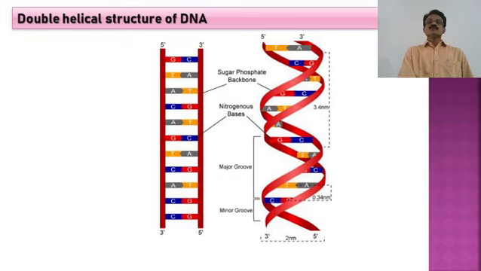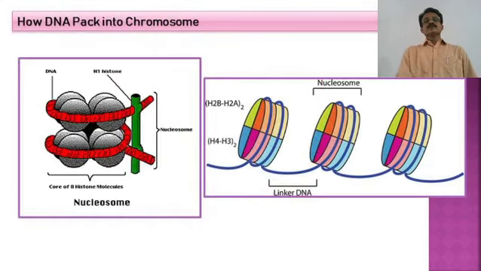It also shows certain minor grooves and major grooves which help the histone proteins to get attached and form the coil structure. So here is the nucleosome, which is the first coil structure. The nucleosome core is made up of histone proteins, 8 subunits, 2 of each, that is H2A, H2B, H3 and H4. It forms an octamer. This octamer gets wrapped around by the DNA, and on the outer side another histone protein, the H1 histone protein, binds.